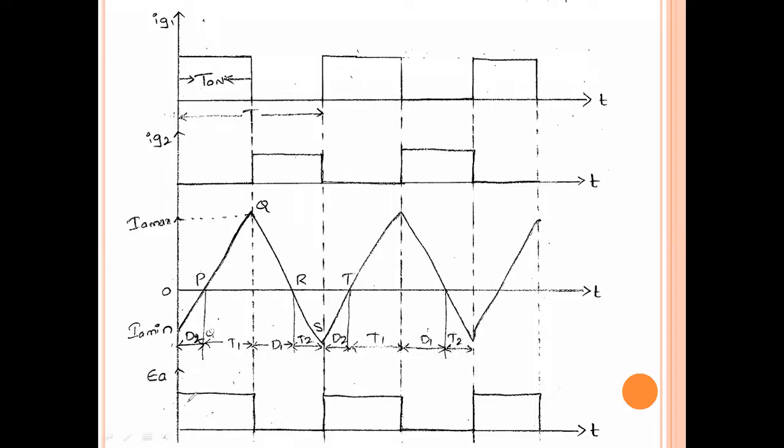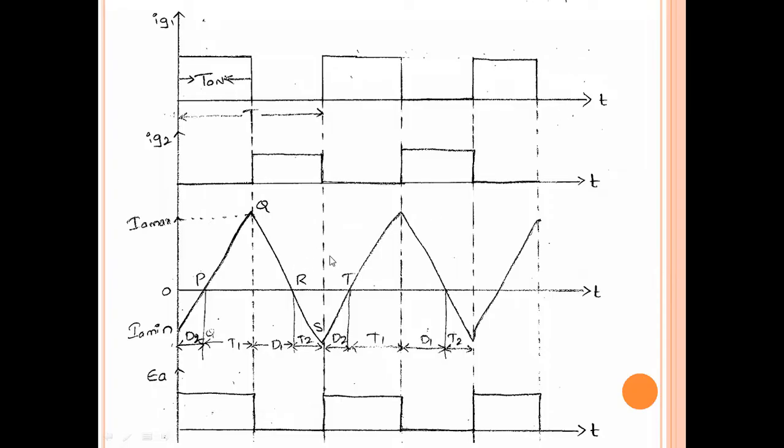So this is the voltage equation. When the thyristor T1 is conducting, only then is the supply giving the voltage to the motor. That is the reason why the supply voltage is given directly. At this point, when the second thyristor is turning on, no supply is given to the load. So here the voltage is 0. If we plot the average voltage, then the average voltage will be a positive value, with the magnitude like this. The dotted line represents the average voltage.